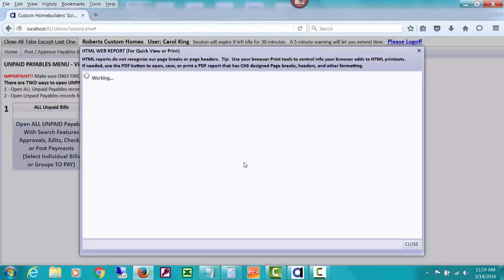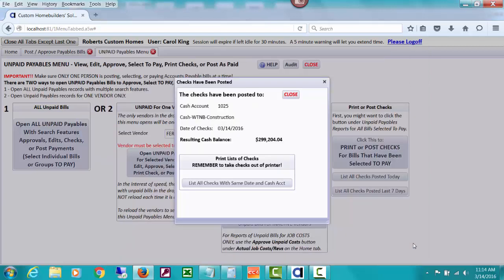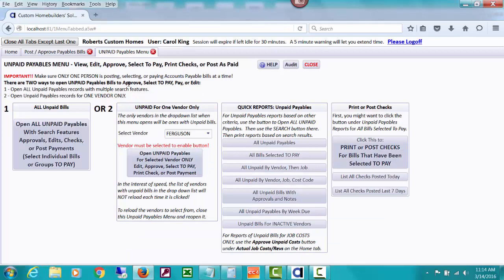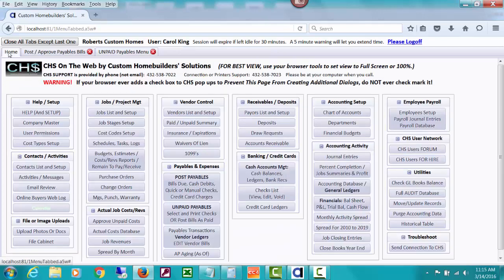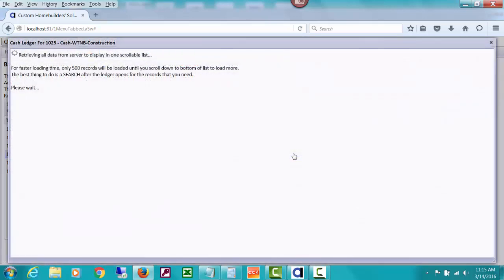And we'll see what happens if we look at a list of the checks. We can tell that that was actually showing up as a minus amount. Usually these look positive. But let's take a look real quick at how that shows up in our cash account. Over here, cash balances, and the cash account selected, by the way, was, I believe, this one. And if we go to look at a cash ledger,